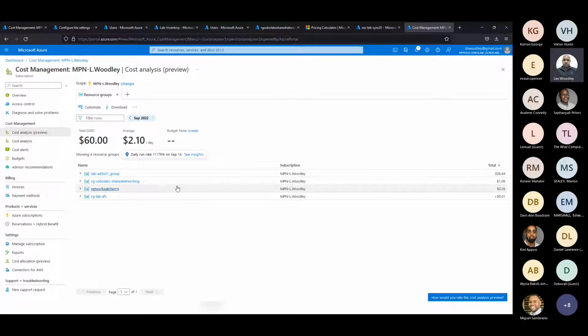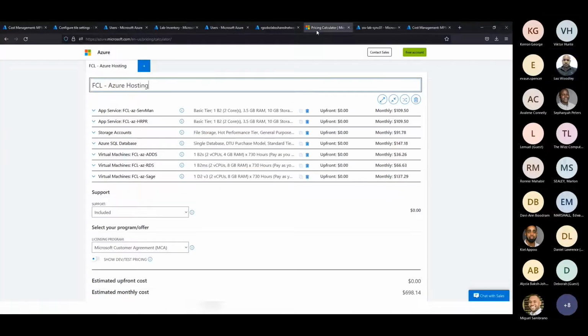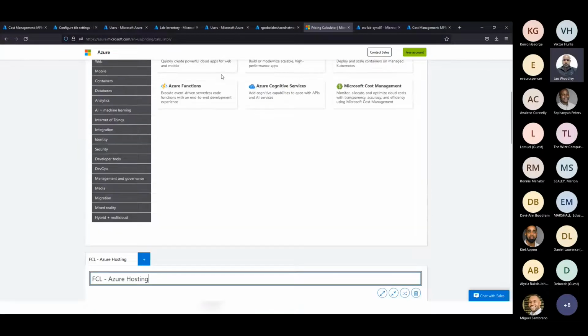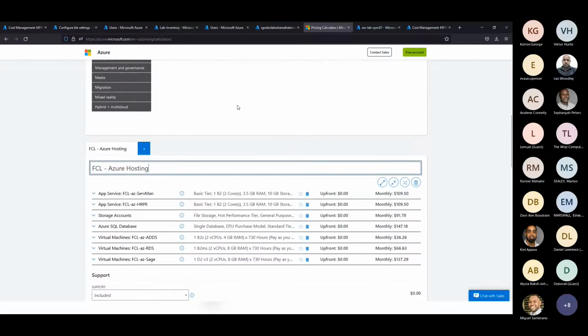And one other thing I'd like to show you before we move on to the demo would be the pricing calculator, which is Microsoft's website for creating a bill of materials. Your bill of materials would be your digital real estate and all of the components that we would have configured within it.